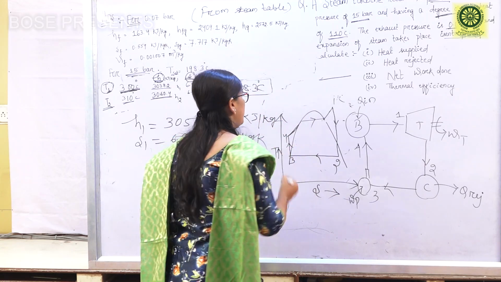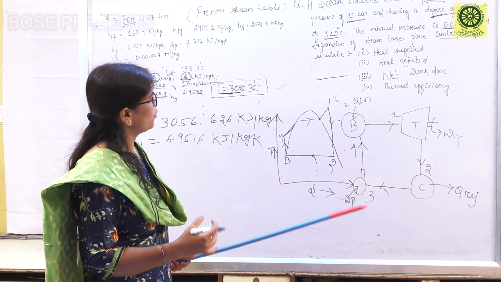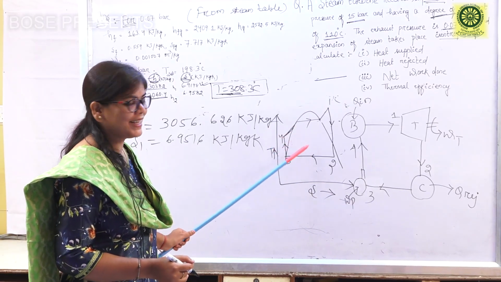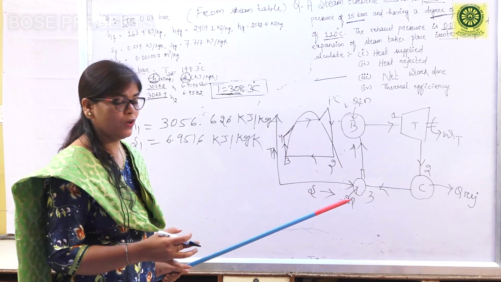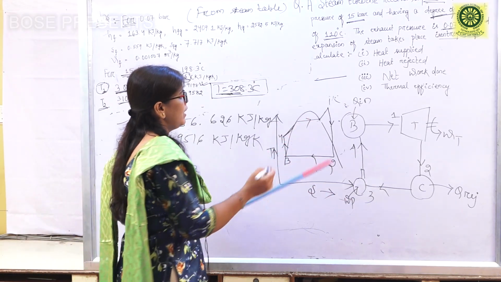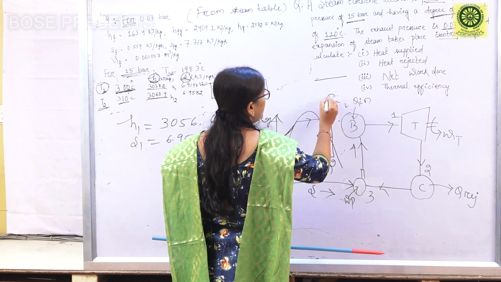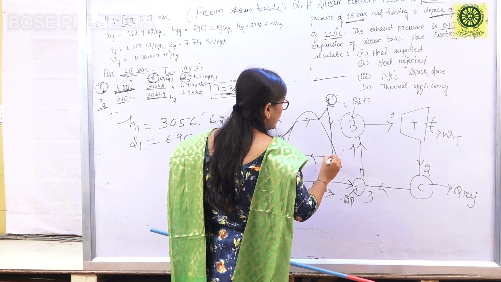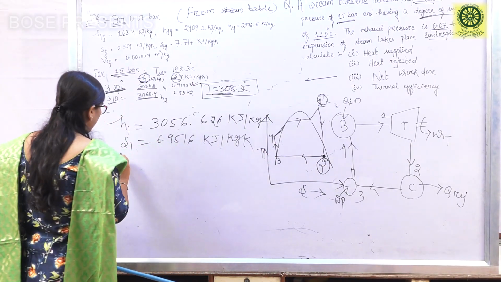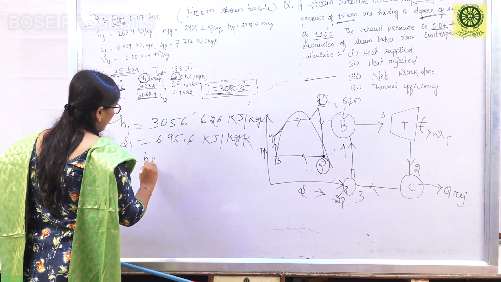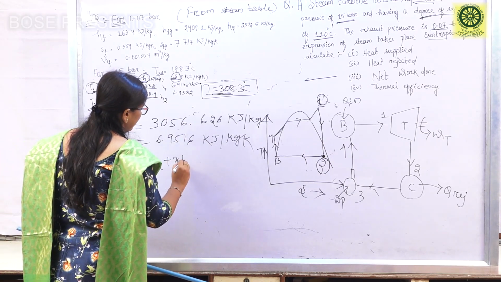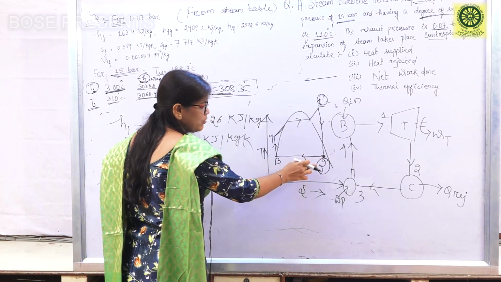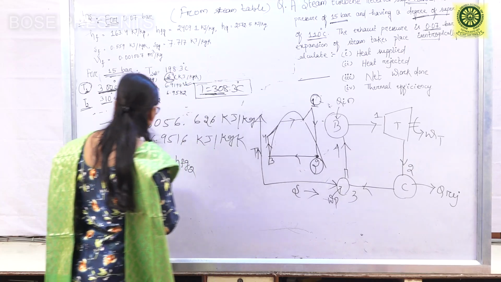This is your TS diagram. So students, whenever you are proceeding with a cyclic type problem, you should draw a diagram for this, so that it will be easy to calculate all these values. So here I have already found out the values for point 1. Then next I have to find out for point 2, for H2. For H2, I know my formula is HF2 plus X HFG2. At point 2, the condition of steam is what? Wet steam. Okay. So this will be my formula.